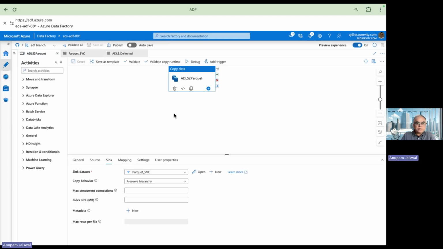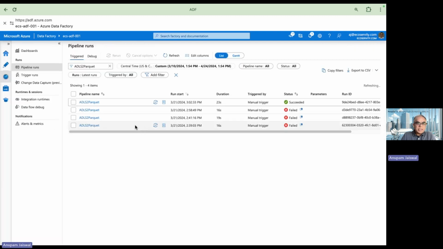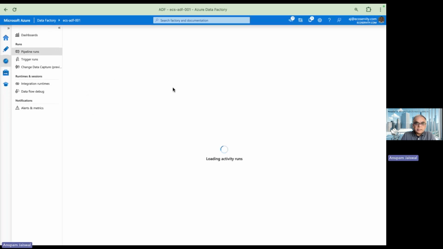This one is pretty straightforward, so I don't think we need to go into the details. Once I trigger this, it will go ahead and generate this particular file onto the data lake,